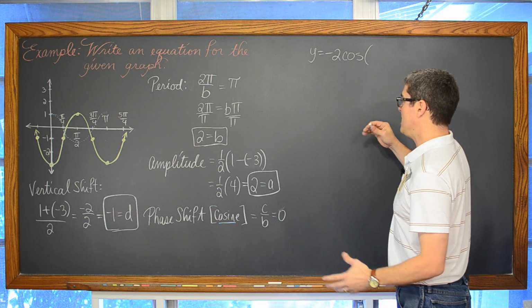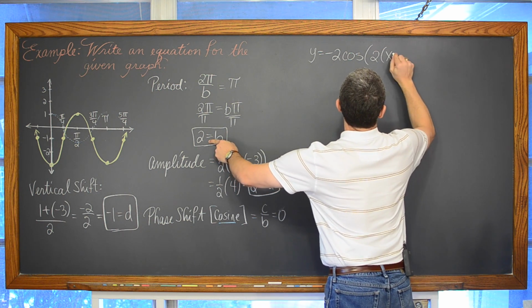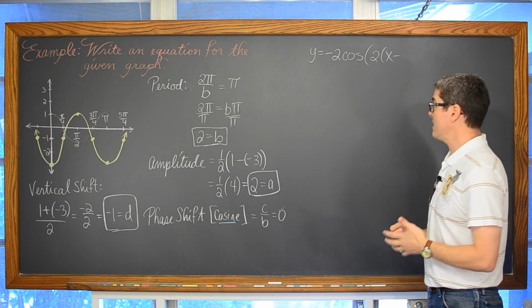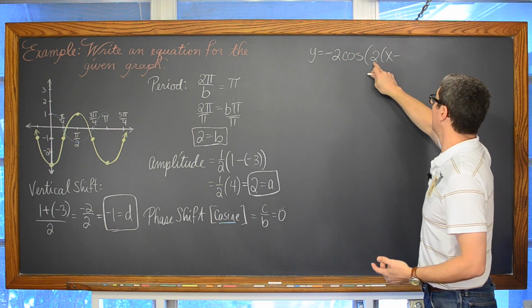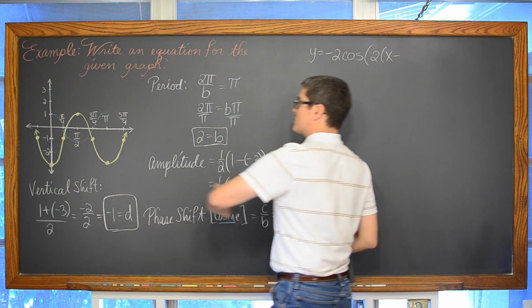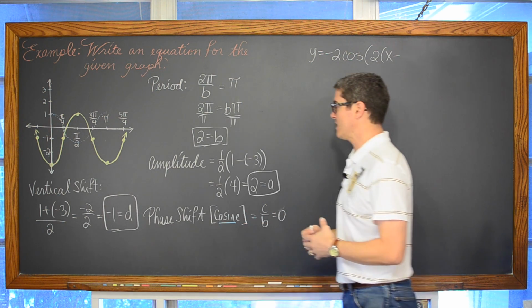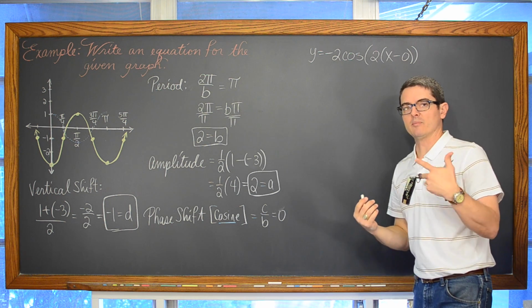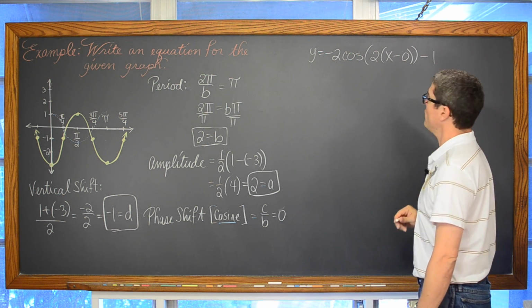So it's going to be b, which was 2, times x minus, and this way, once I identify the phase shift, I can just write it in the equation if I have that b factored out. But at least with our first possible solution, it is a solution, but one of many that we could come up with, our phase shift is 0. And you don't really need to write that, but just for practice sakes. And our vertical shift was -1.